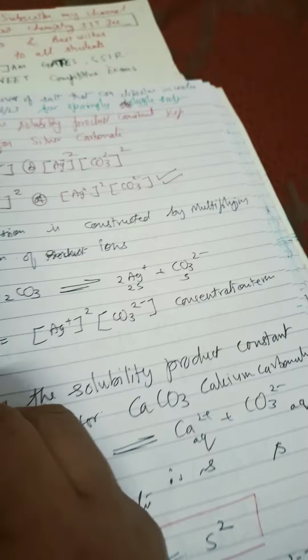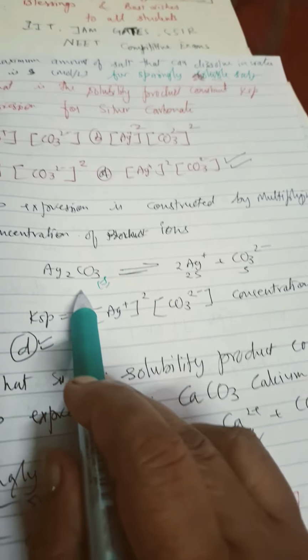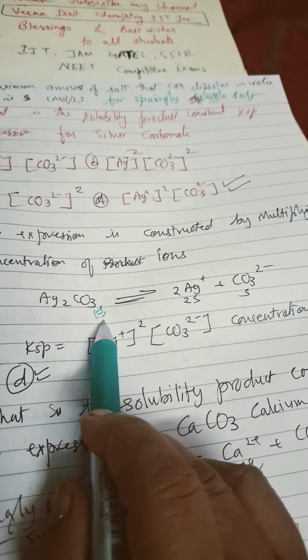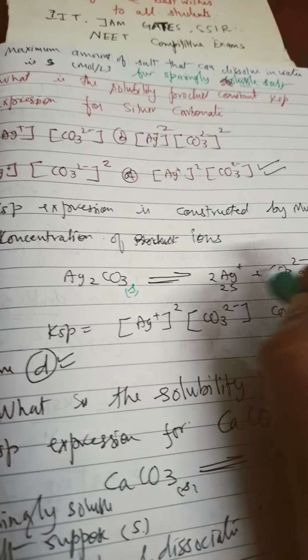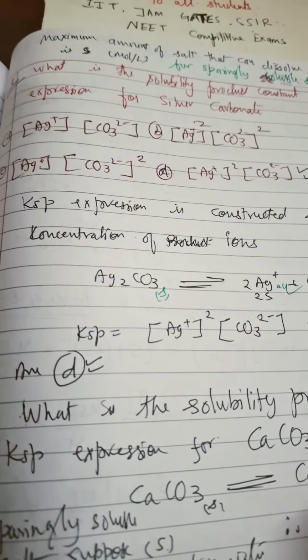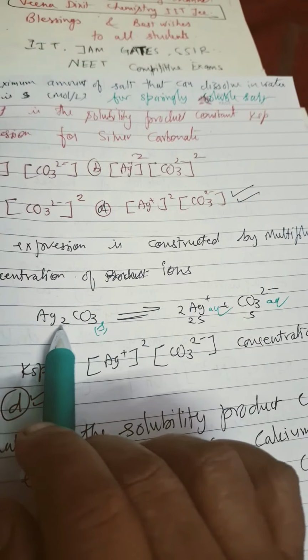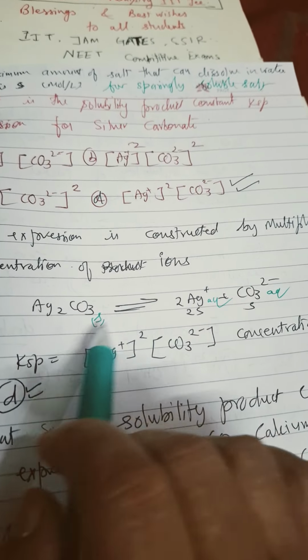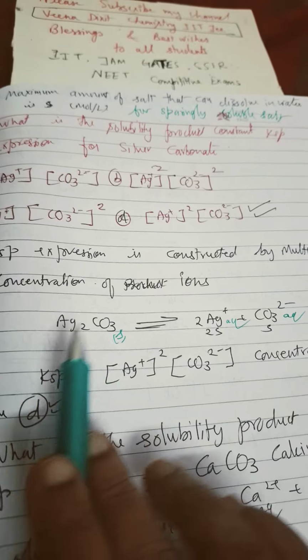That is why we are putting salt over here. Okay, many times students are thinking why salt is written here as solid, and here aqueous is written. Aqueous means solution in water. And this is solid, because only a small amount of Ag2CO3 dissociates into ions, and the rest of the other part will remain as such.